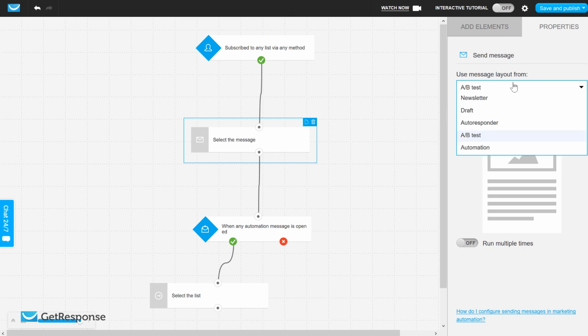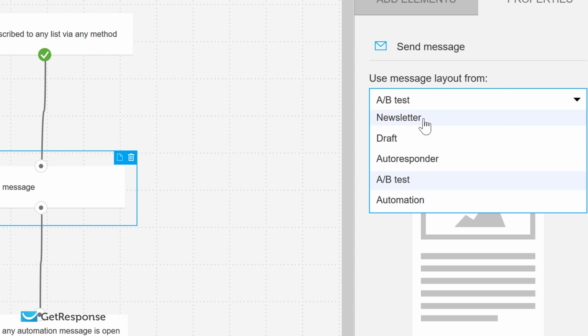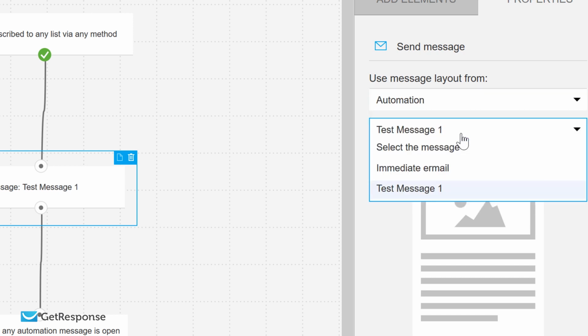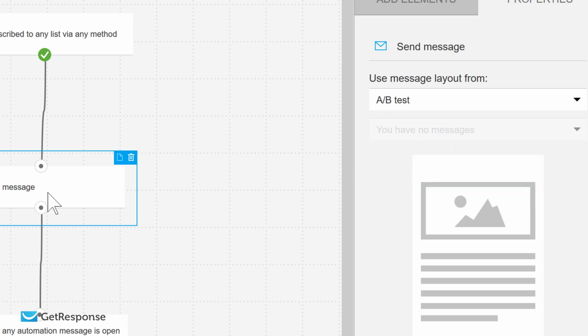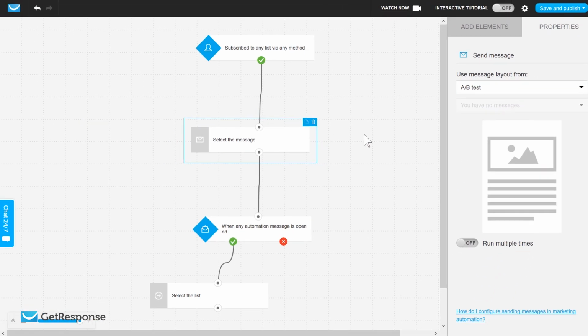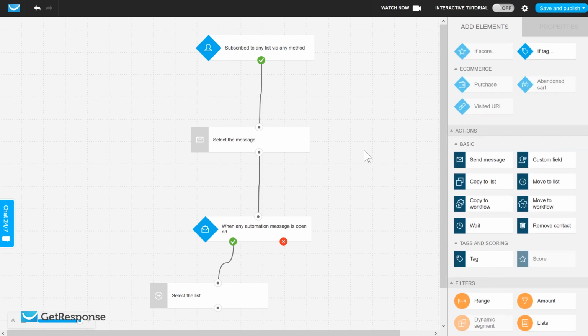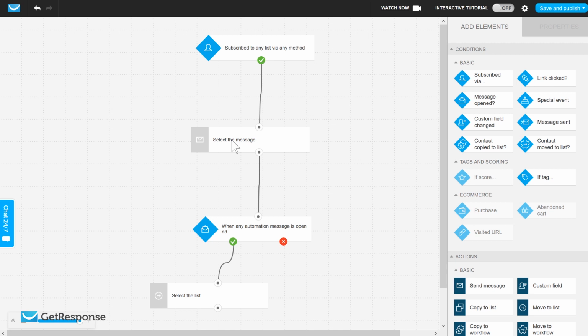Sending an email message. And we can choose what kind of message to send here, including newsletters we've previously created, A/B tests we've previously created. So in here, we can also select A/B tests, right? We can choose to A/B test an email within this flow, which is not the same as being able to split the entire flow. And as far as I can see, there is no feature to do a split of the entire flow. But we can have messages within the flow running A/B tests, and we can have those messages